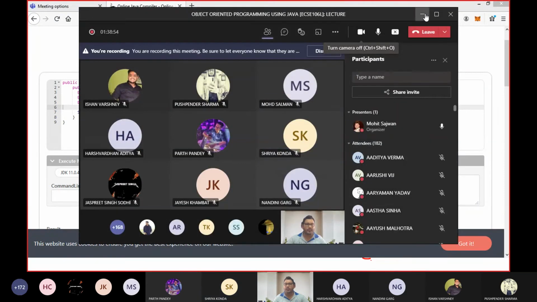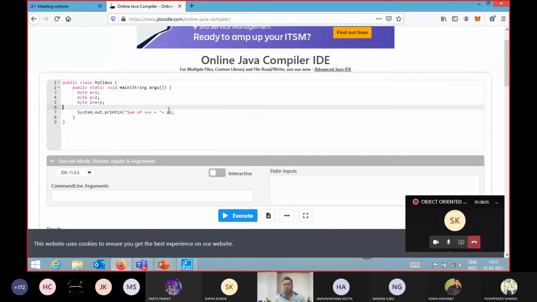Okay, so right now, what I just want to show you over here is a very important concept. Later on, we will discuss concatenation and all those things when we cover string, because this is basically related to string. Right now, we are focusing upon the data type. So byte x is equal to 1,